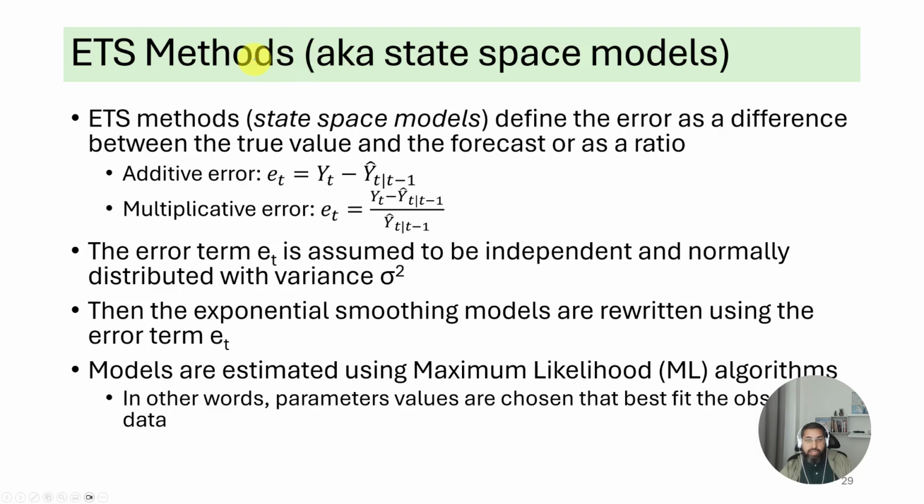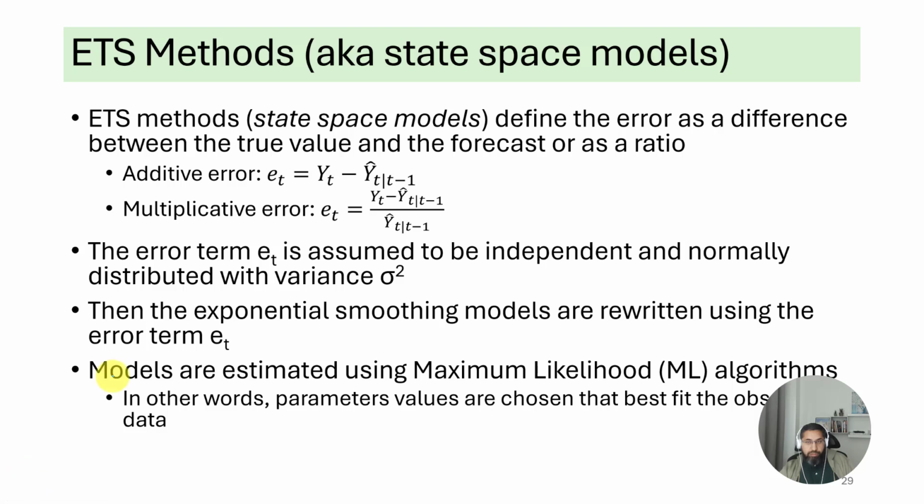Okay, now let's look at ETS. What did ETS do that made them so nice that now we almost always just use ETS? We don't use exponential smoothing. Well, ETS, also called state space models, again, I told you why, to track the state of level L and trend B and seasonality S. They define an error term. You don't have to remember the equation, but basically it's the error we'll be seeing all the time.